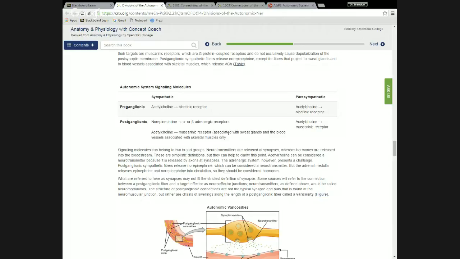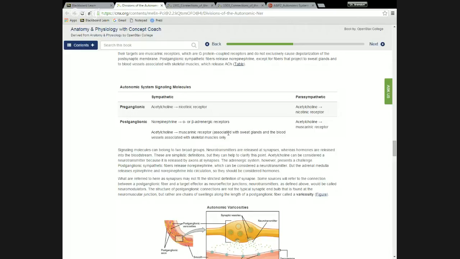Okay. So there are nicotinic receptors and muscarinic receptors. Nicotinic receptors are the ones that you know about. Those are the ion channels that open when acetylcholine binds to them. Okay. And that's what's at this synapse. So acetylcholine binds to the nicotinic receptor here and here,